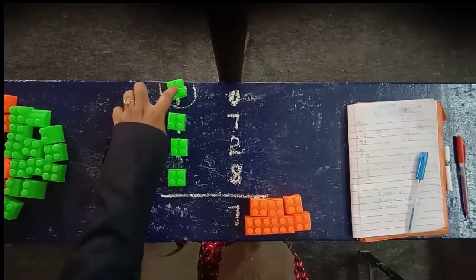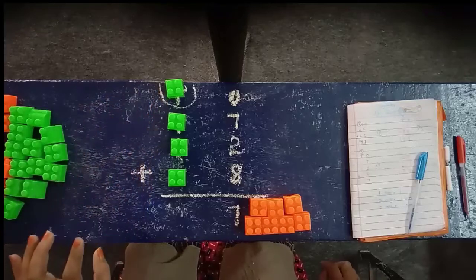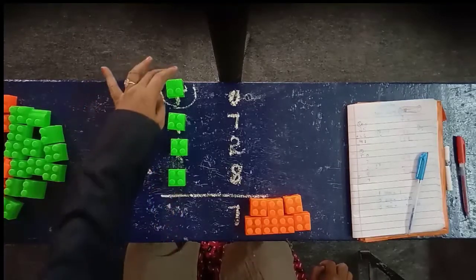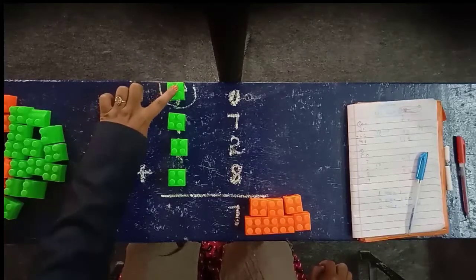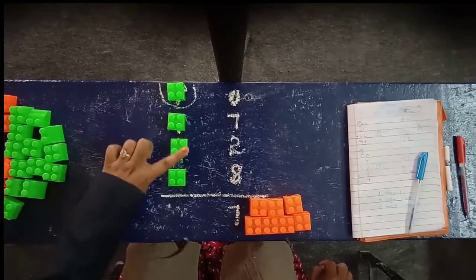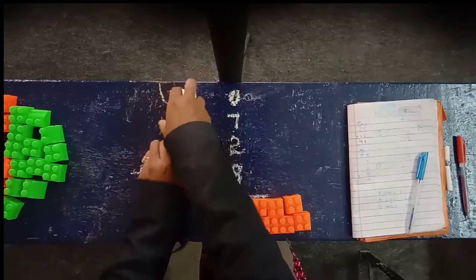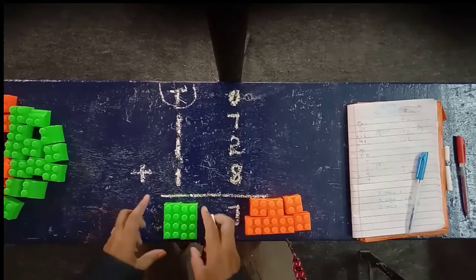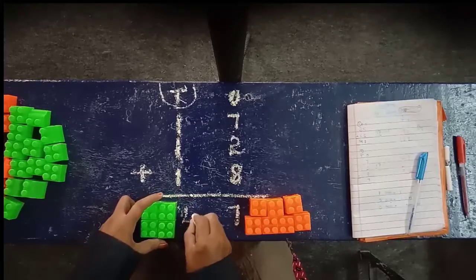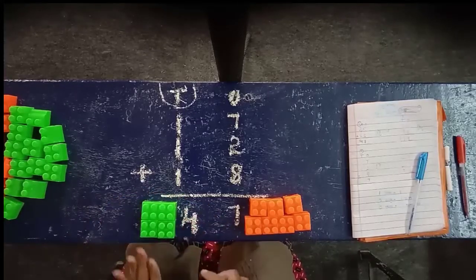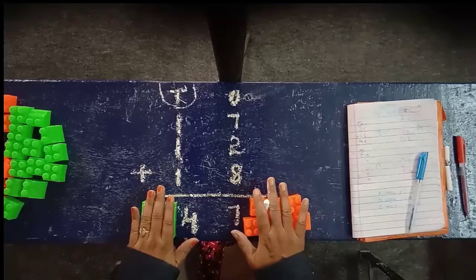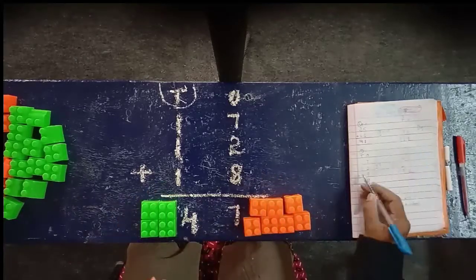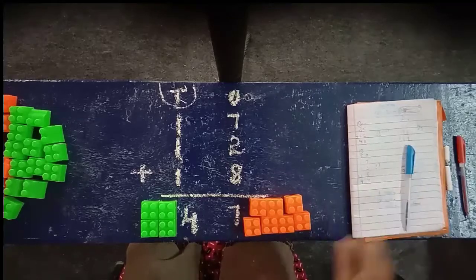So I have taken this as a carry. Now let me add the green, nothing but the tens digits. So the carry also you need to add, children. 1, 2, 3, 4. So this 4 I am taking here, and 4 is a one-digit number only, so I can take 4 here. So here the answer is 47. Here I am writing 47.